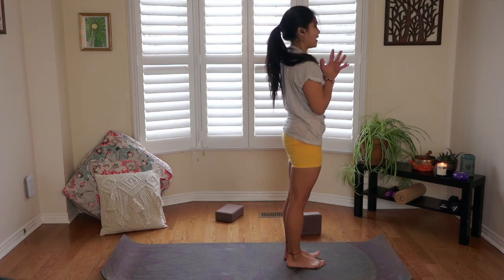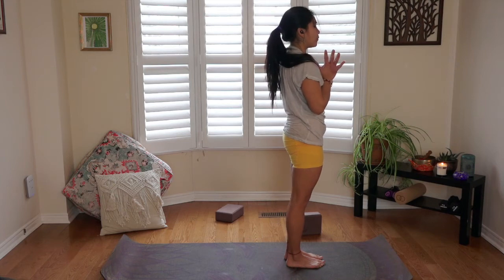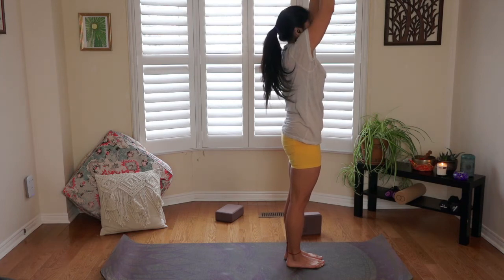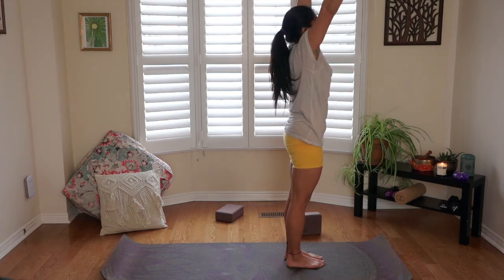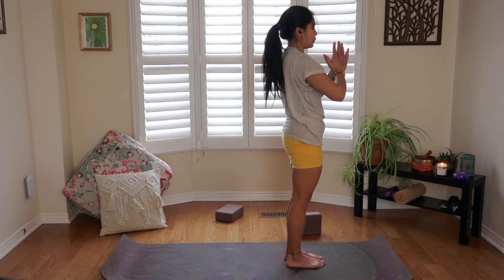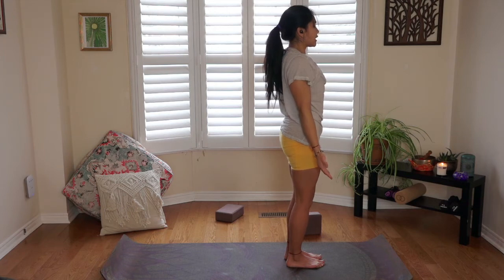Beautiful job, everybody. We're going to come into a little balancing sequence here, working on balancing the body. Take an inhale, reach the arms up. Exhale, hands down through heart center. One more time, big breath in. Exhale. So finding our mountain pose, we relax the arms down by our side and bring a gentle bend to those